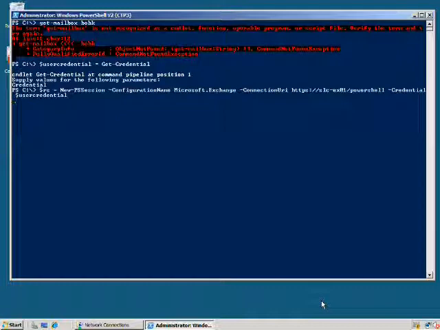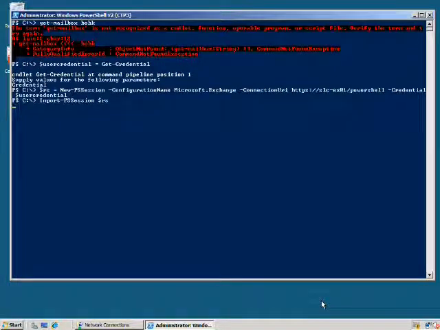So this will go and contact the Exchange server. It will establish a remote PowerShell session. It will send my credentials, and those credentials would then be checked against the Active Directory, and they'll be checked against the RBAC to see which roles have been allocated to me. So once that's been done and I've successfully connected, I can then import that PowerShell session,